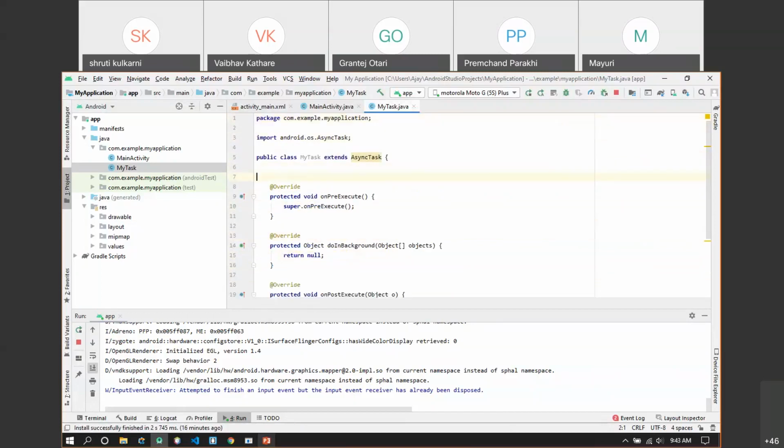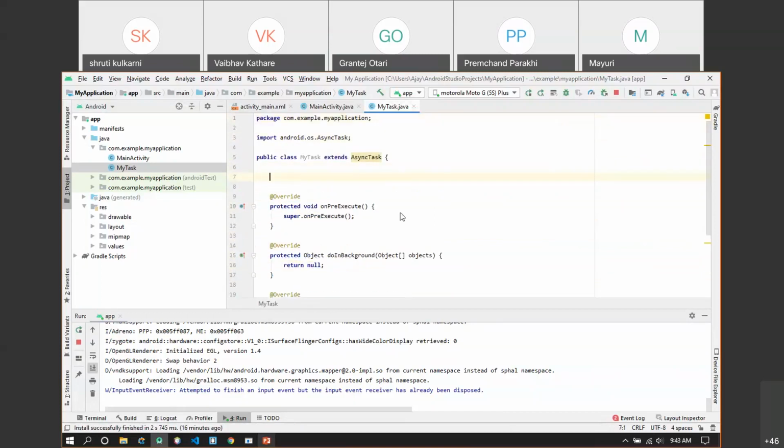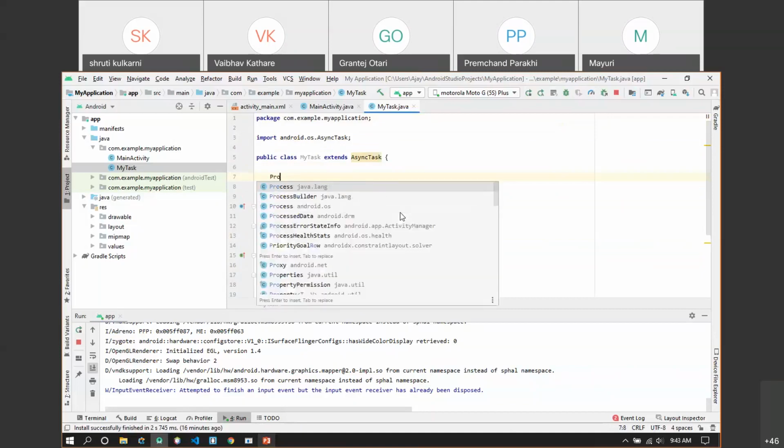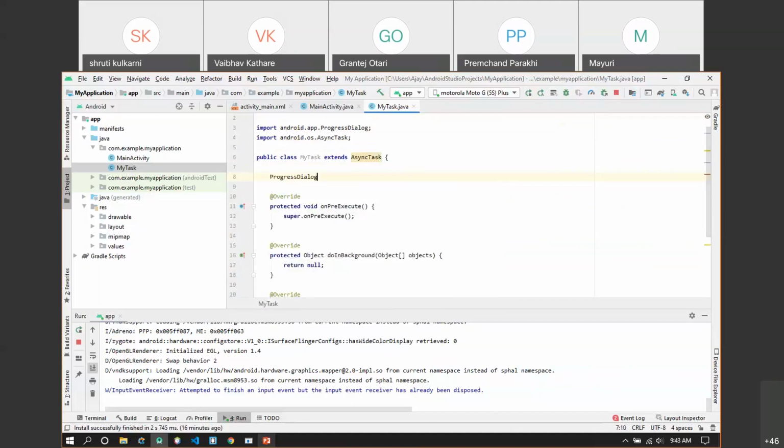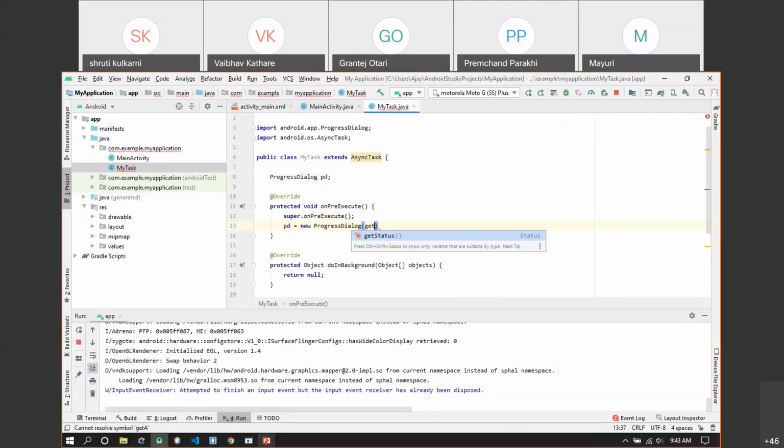So for this, we'll create one progress dialog. We can say ProgressDialog pd, and say pd is equal to new ProgressDialog, and it will require the context. So I'll call getApplicationContext.